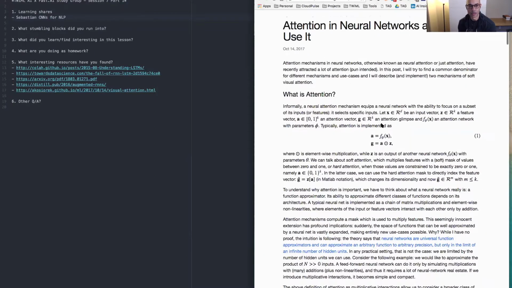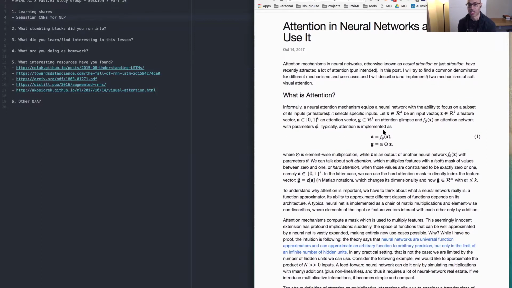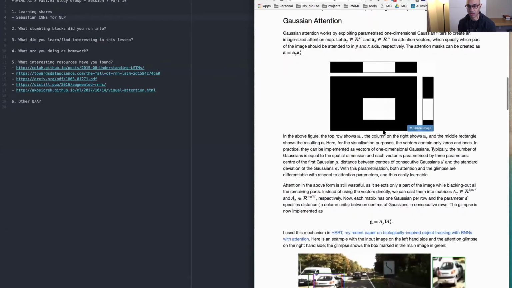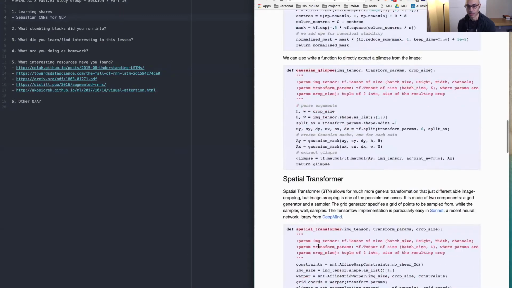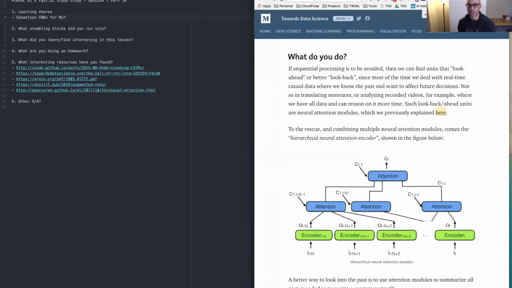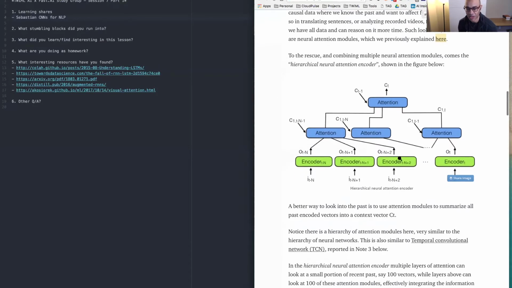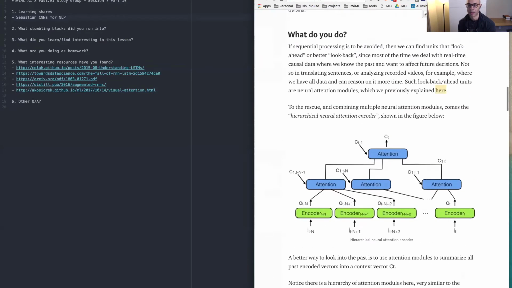So this is another good article. Well, I actually haven't read this. This is another recommended article, I should say, on attention and neural networks. And this one's applied to visual examples. So I haven't read a ton of it, and I don't have a super strong understanding of how it all comes into play, but it is something that I read about and hear about fairly frequently, and I think it's an important concept.